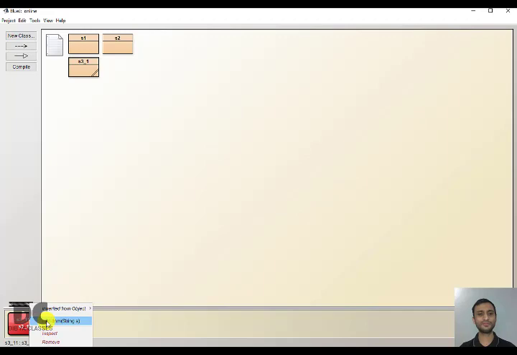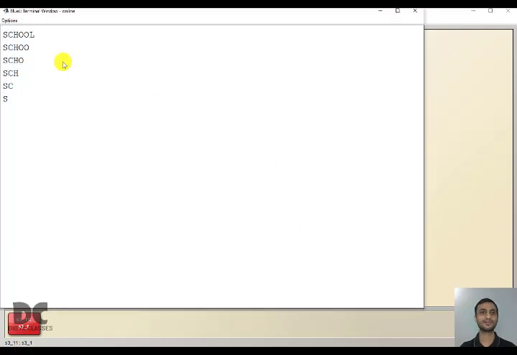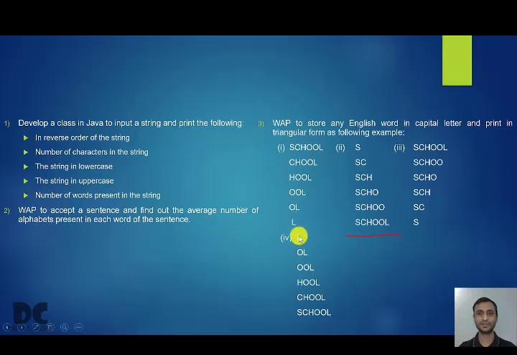So all these programs are almost same. What you need to do is just change a little bit and you will get the answers. See, we are getting the answer. Then let us do the last one. The last one you can see is the reverse of the first one. So what do we need to do? You've already written the answer for the first one. Reverse the loop and your program will be done.